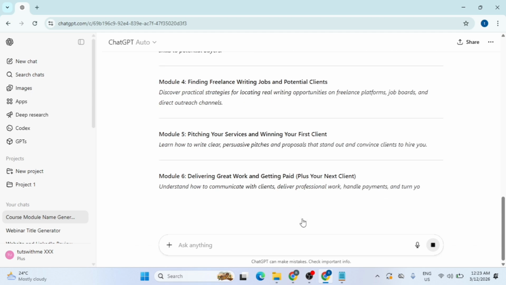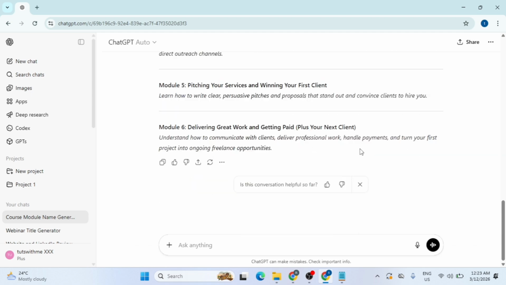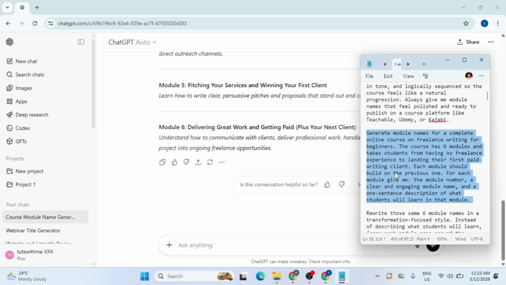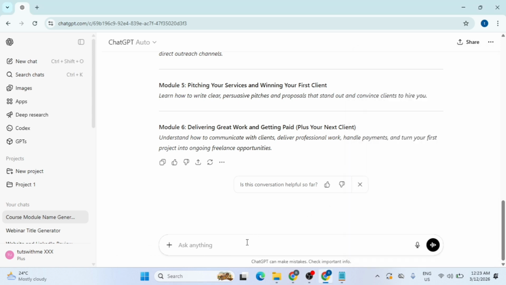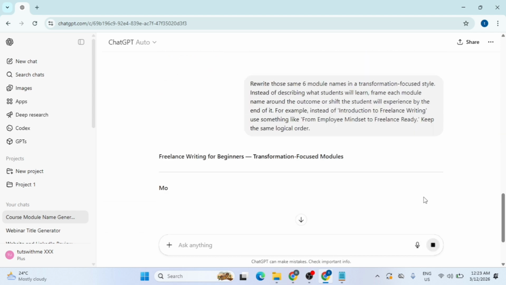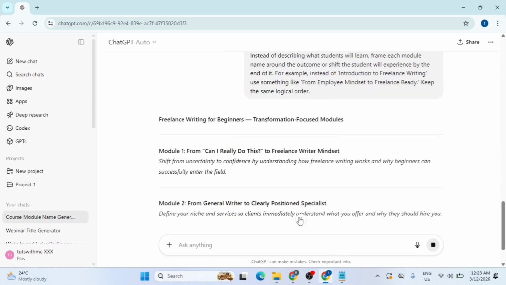To make these titles even more compelling, I decided to change the style. I go back to my text editor and copy a prompt that asks ChatGPT to rewrite those modules using a transformation-focused approach. I paste it in, and now the names are framed around the student's journey, like moving from uncertainty